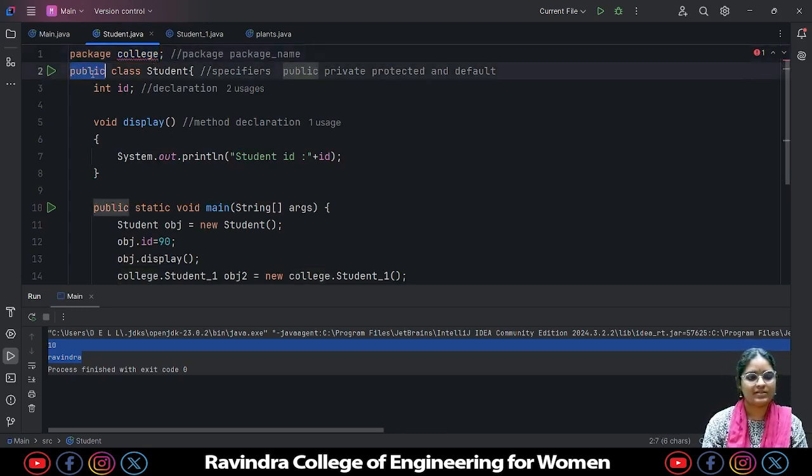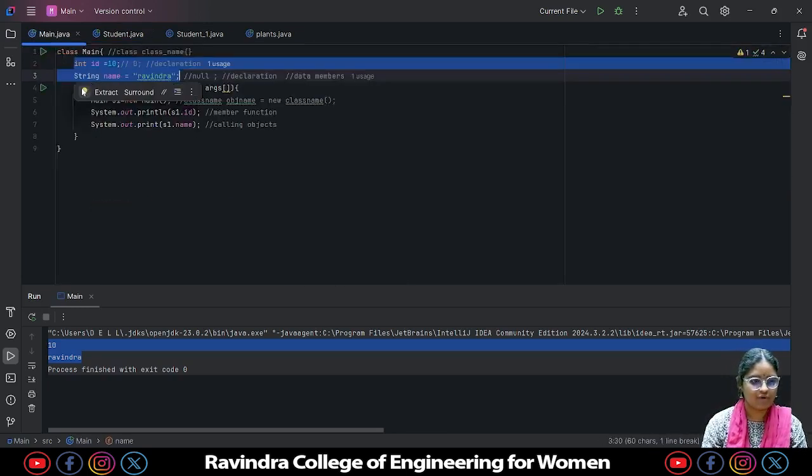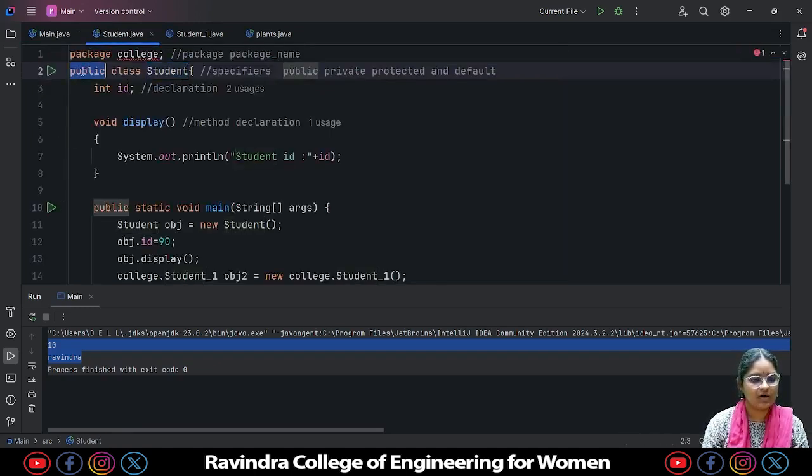And now this public class student. If you see here, I have not given any class objects here, but I have given an access specifier. We know that we have 4 access specifiers, which are public, private, protected, and default, which are used for encapsulation. Encapsulation is hiding the data members and member functions with the access specifiers.